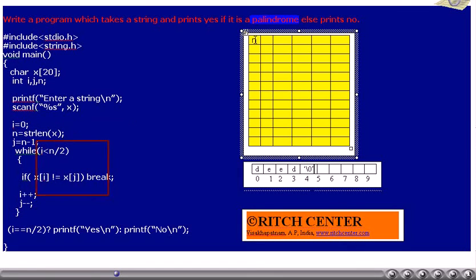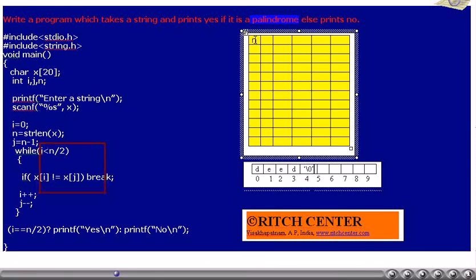We have written the while loop to run exactly n by 2 times. That is, i value is 0, i less than n by 2, and i plus plus. This makes the while loop run for exactly n by 2 times.